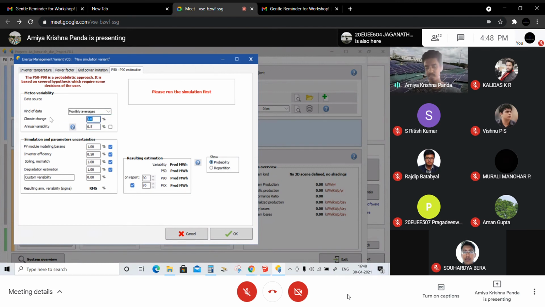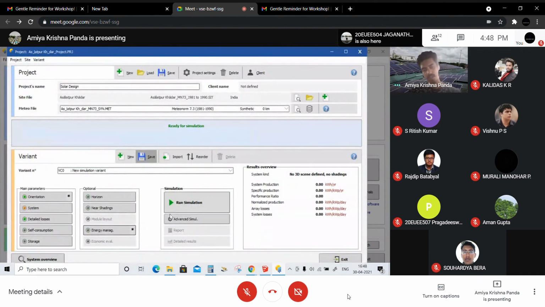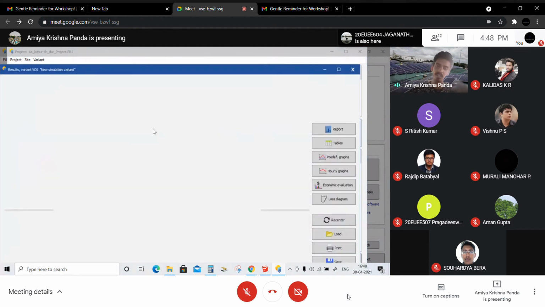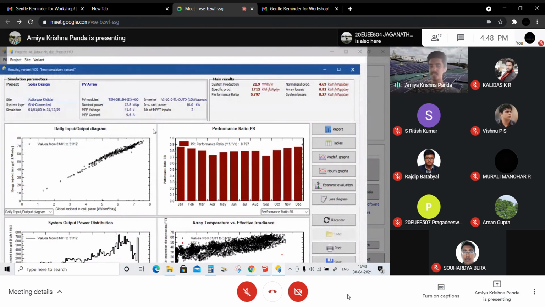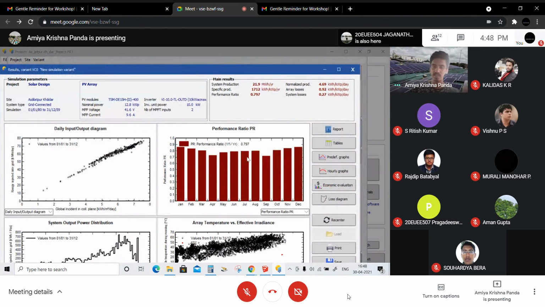Now climate change 0.5%. Annual variability. So these things will be there. In the report, instead of 95, click on 75. Now click on OK. Now you can easily run the simulation. Just click on run. The simulation will run and give you the specific generation throughout the year. This is the report.